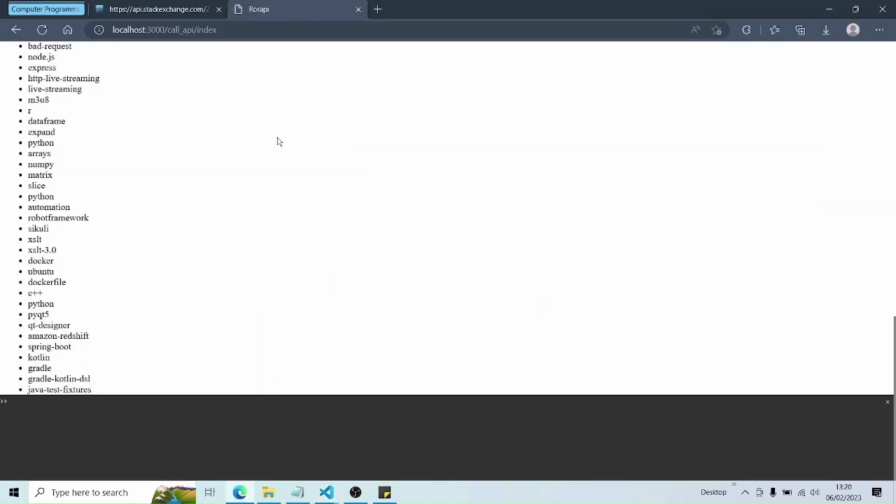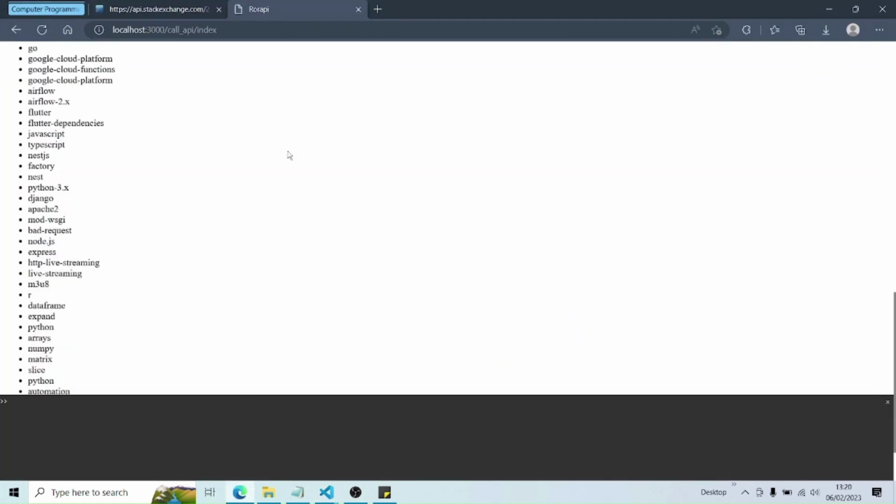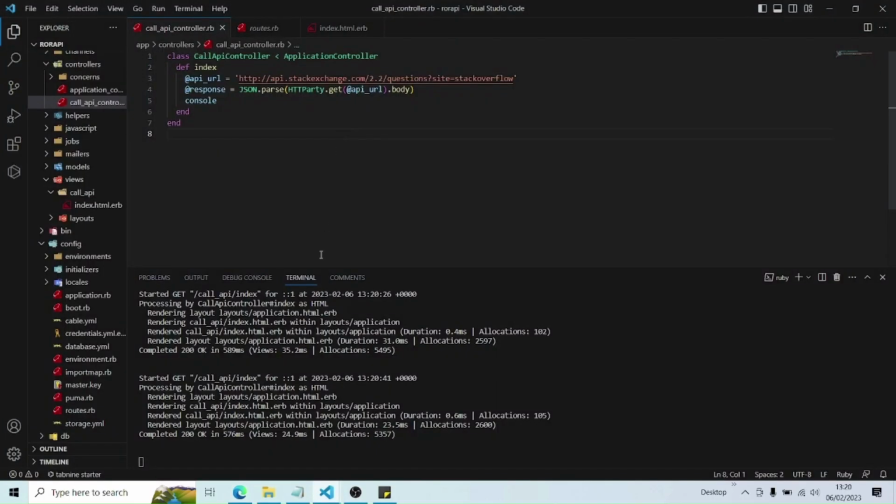One thing you'll notice is every time we refresh the page, it takes a few seconds for the data to go to the API endpoint, collect the information, and parse the data. To see exactly how long it takes, you go back to the console and look at how long it took for that request to complete, for the page to fully render. It took 576 milliseconds. Sometimes it takes longer depending on your network connection,